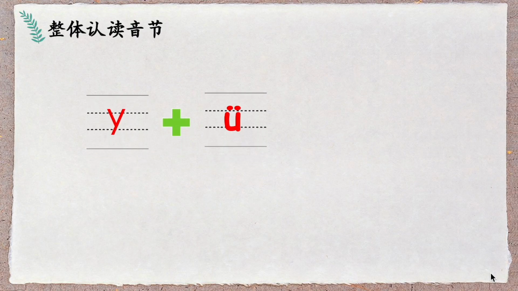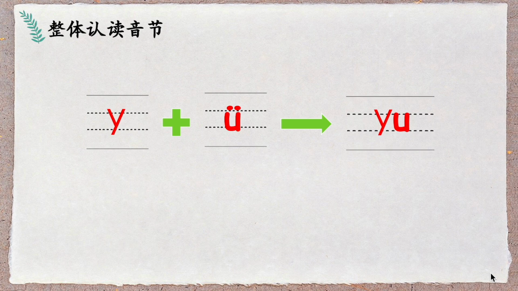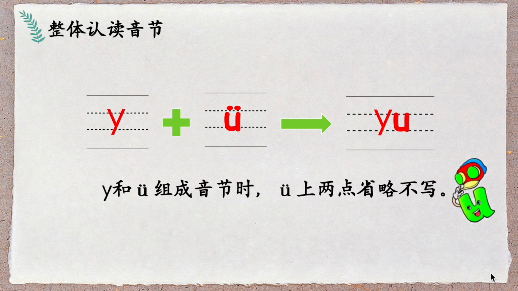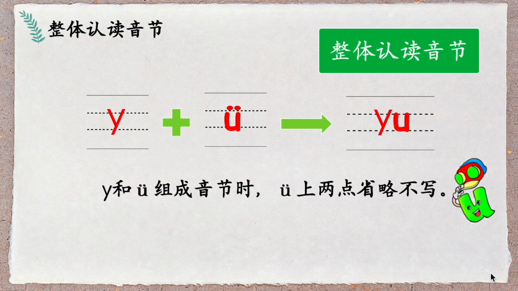And here's a tip. Initial I plus final U, we just read it as Yu. We know it's a whole syllable pinyin. But remember, when E is followed by U, the 2 dots on U are dropped. For example,